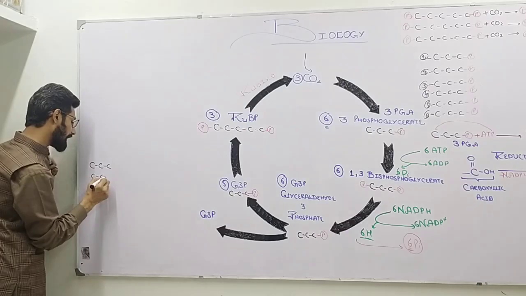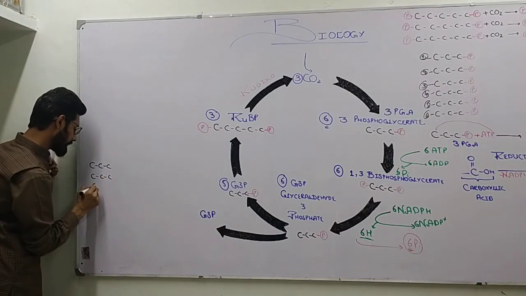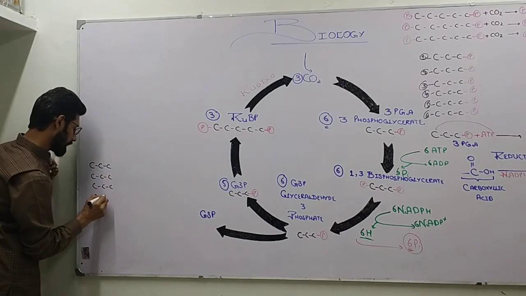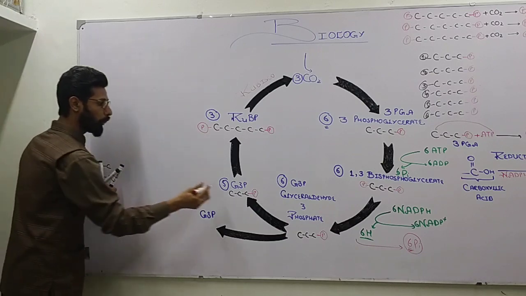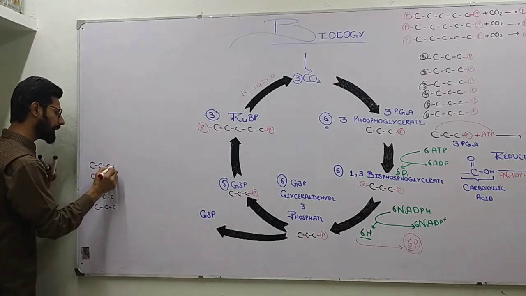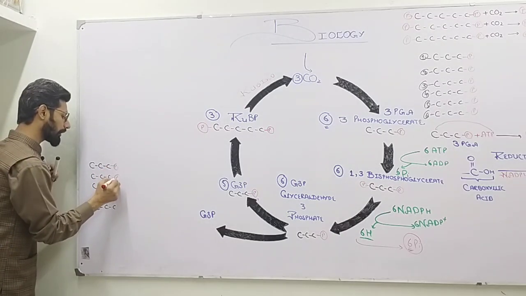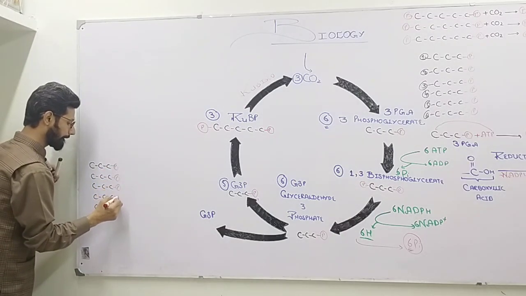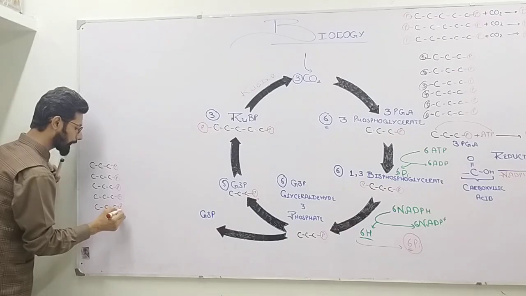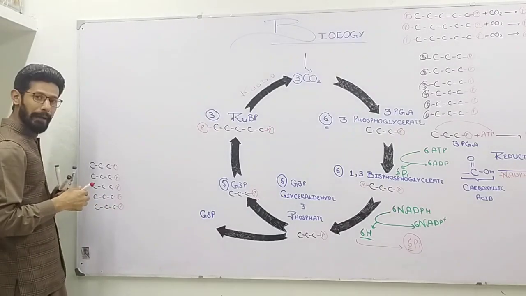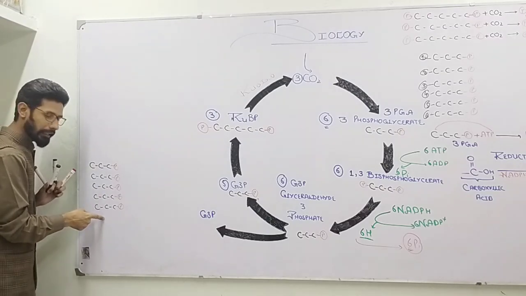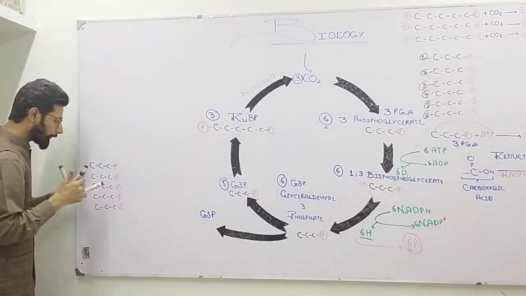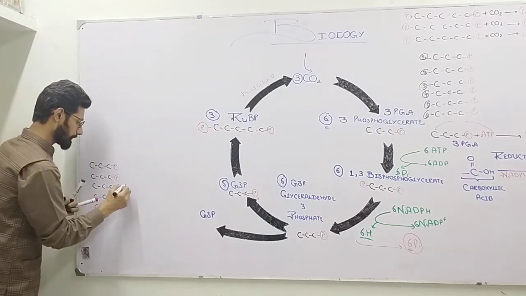So write it 5 times: 1, 2, 3, 4, 5. There is a phosphorus at its carbon number 3, so add phosphorus at carbon number 3. So what happens here? There are 5 molecules of 3-carbon compound. They arrange themselves